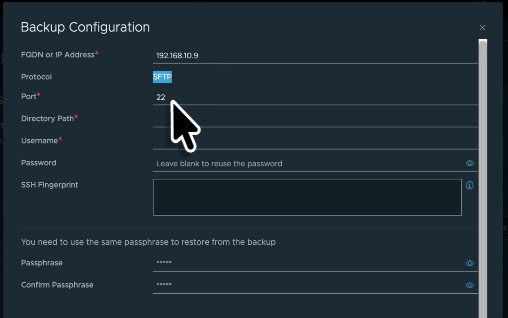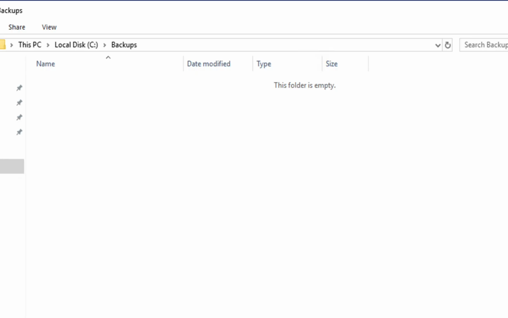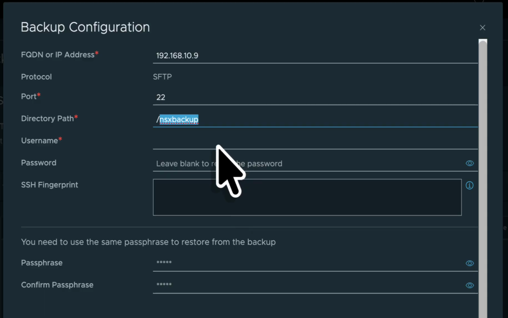I'll keep the default port, which is 22. For the directory path, I will specify /NSX backup, which will create another folder called NSX backup in the root folder C drive backups. All right. Now I'm going to specify the username, which is NSX backup, and I'll specify the password for the